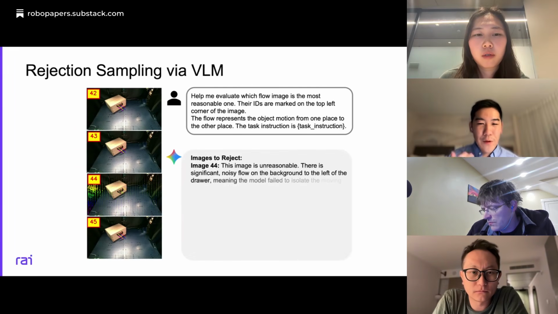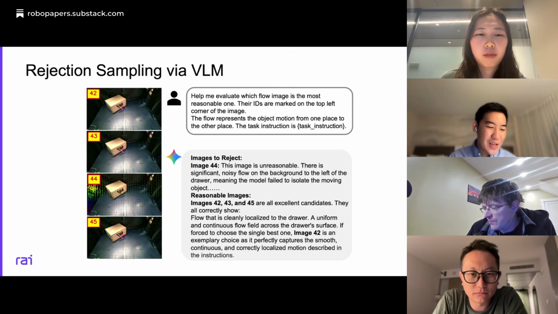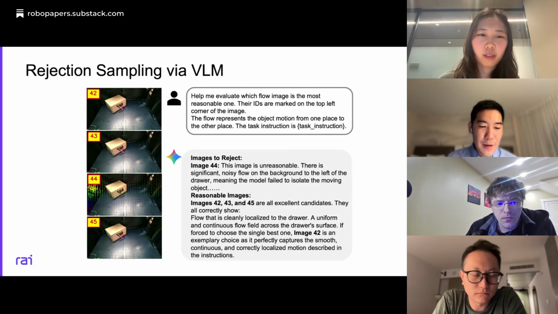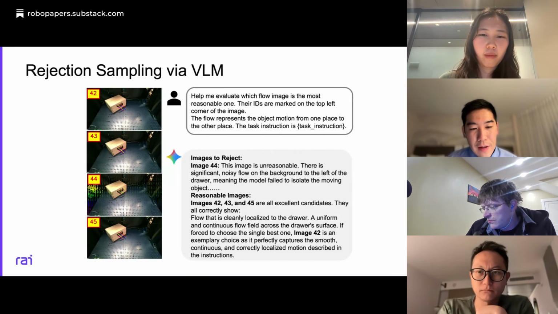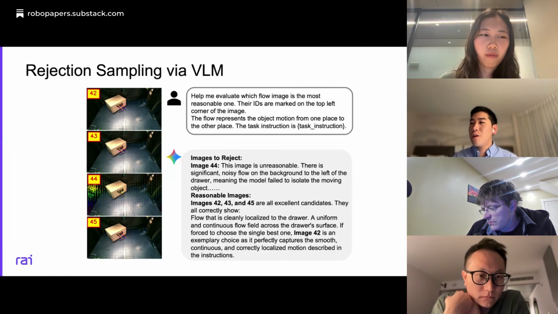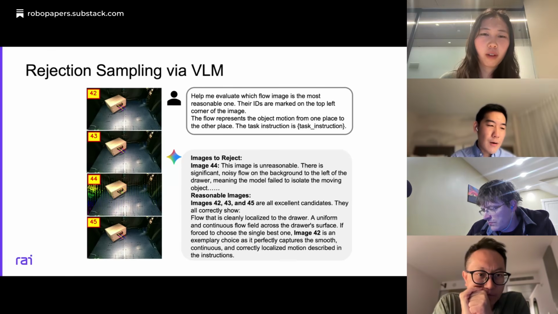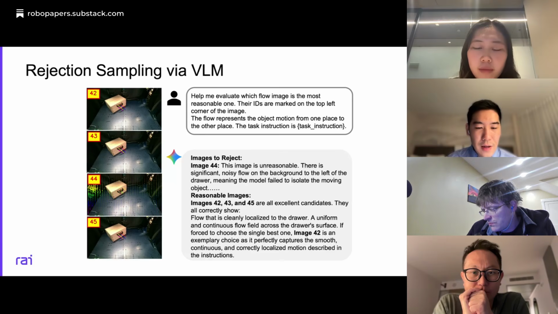And the VLM will just do the work. It sounds a bit stupid, but I was really surprised that, for example, Gemini and GPT, which we tried, worked pretty well, like in this case. So it actually becomes one of the most important steps in the entire framework, providing a much higher success rate in the end.